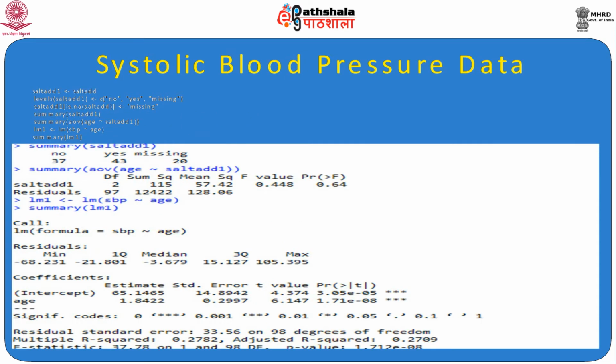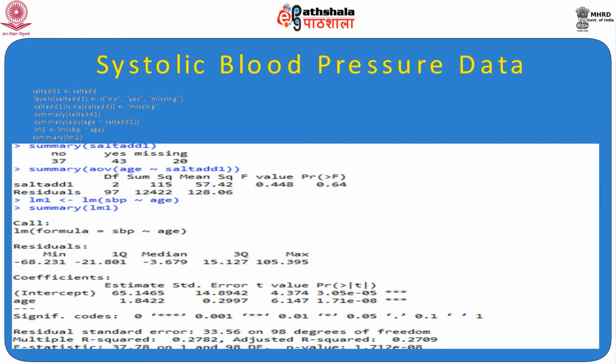So now we try to find out the relation between age and salt intake. Those who are taking salt, what is the group-wise difference? We found that mean age was not different among those who are salt takers or not. So all age group people have equal salt intake. That's why the p value is coming 0.64, and that is obtained by AOV. AOV, as I have shown earlier, is useful to do the analysis of variance, and it compares age-wise and salt intake-wise.